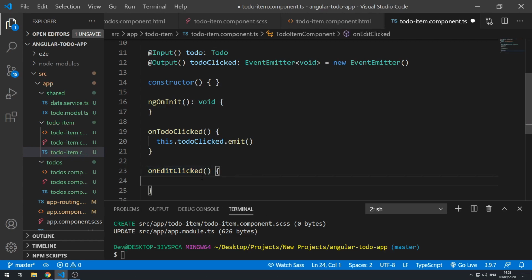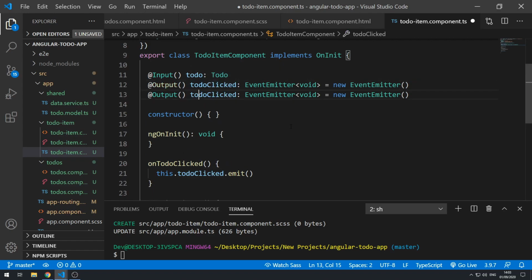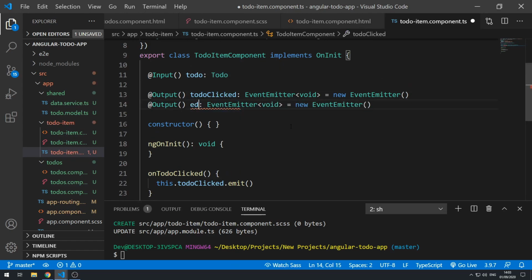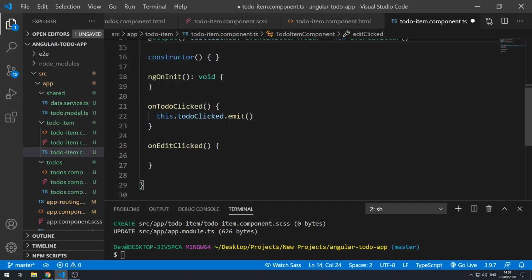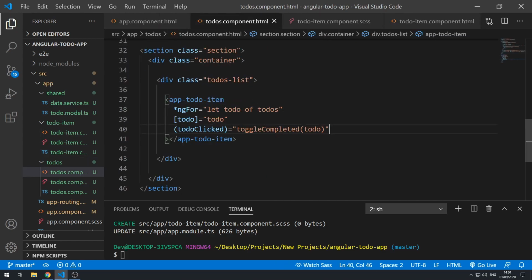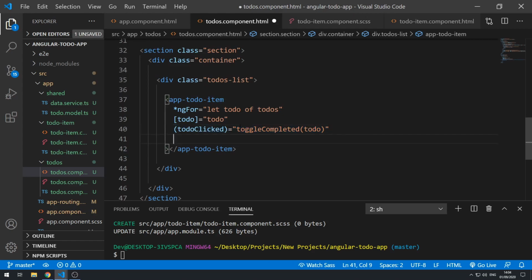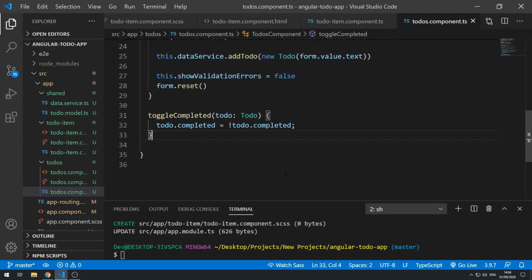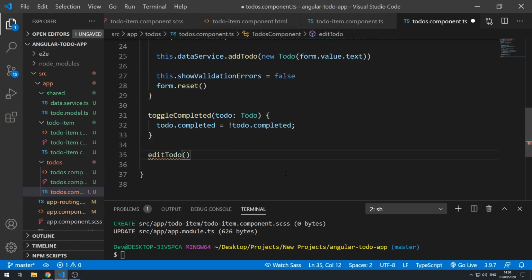Okay, and let's create another output and let's call this edit clicked. Okay, and let's go here, and then here let's just do this dot edit clicked dot emit. Okay, let's save that now and let's go back to the to-dos template here, and let's do the same thing as we did here for the edit clicked, and here let's just say edit to do, and let's pass in the to do, and let's save that now and let's go to the component class and let's create a new method here called edit to do, and we can take in the to do,